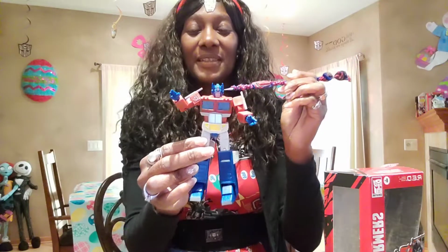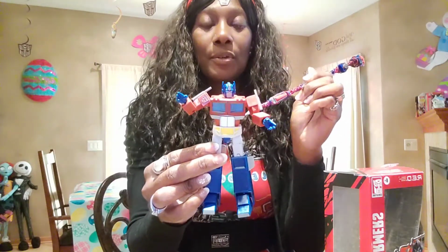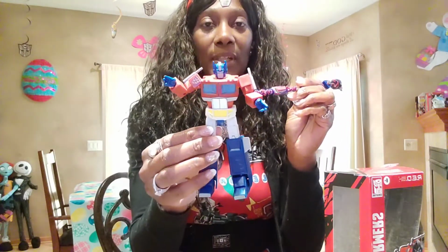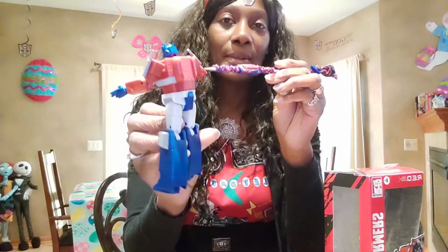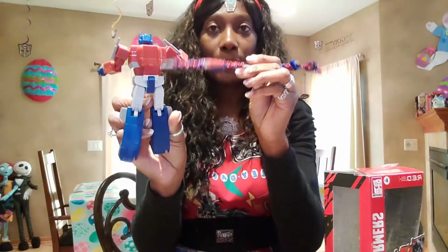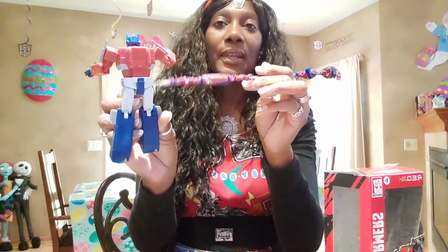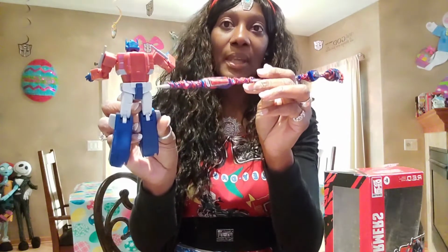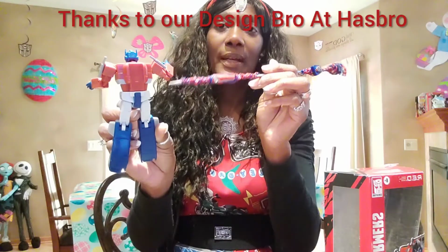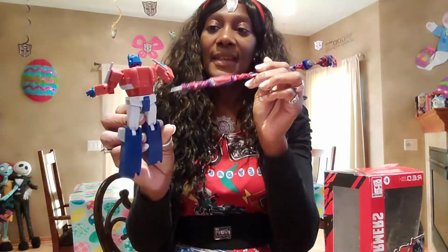All right, so let's see here now. Non-transformable, so we don't have to worry about any vehicle cab. One thing I want to point out right away is that the back is very straight and accurate. Not a lot of detail because there is no backpack, because of course he doesn't transform. However, I like how they brought the animation sculpt back into him and the way that he is designed. It's quite well. I feel that Hasbro did a really great job in the red figures as far as the